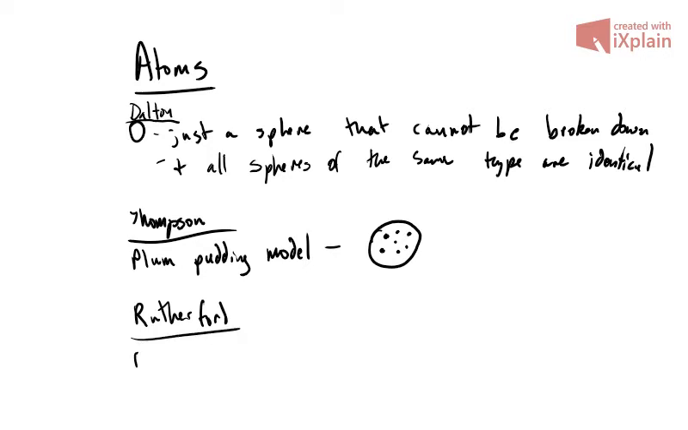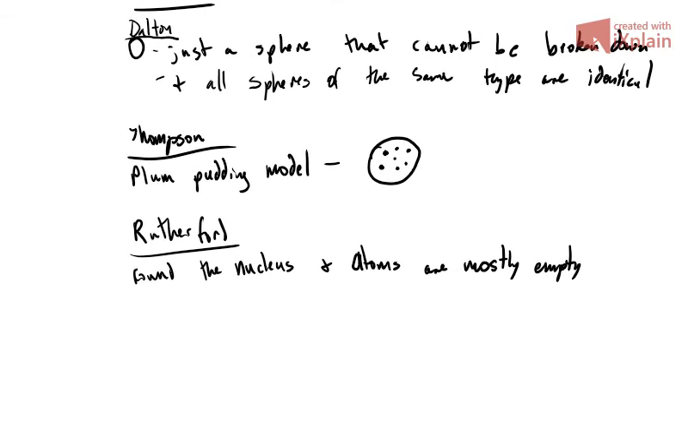Rutherford found the nucleus and that atoms are mostly empty. He had a very, very thin piece of gold foil in a container that had a film around it, and then he fired alpha particles at the